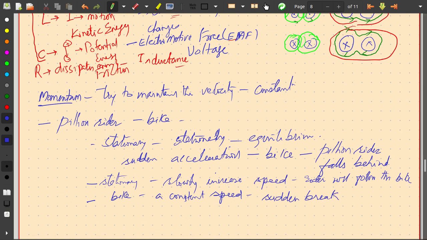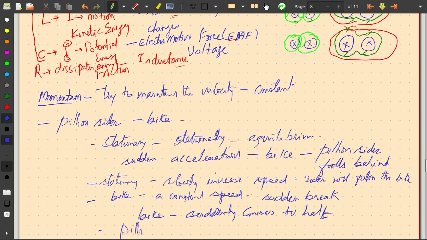The moment brake is applied, because of the energy dissipated by the braking system and all that, the bike suddenly comes to a halt. But what would happen to the rider, the pillion rider? So the pillion rider's momentum is there because of this constant speed that cannot change instantaneously,